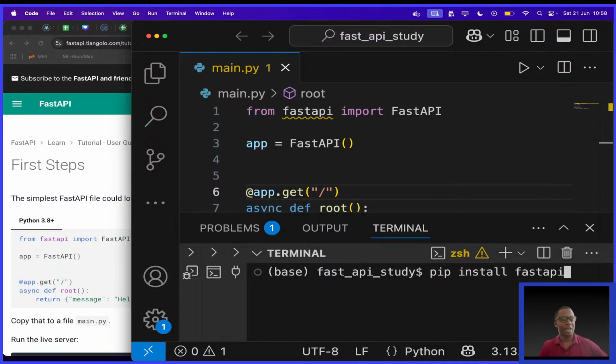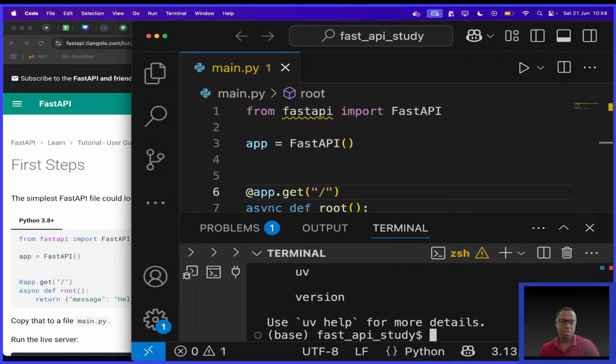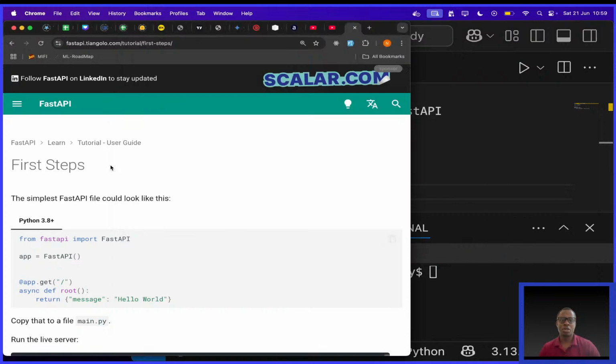Pip install fastapi. Hey, by the way, guys, instead of using pip, there's actually a new popular tool in the Python community for doing these kinds of things. It's called uv. It's the one I want to start using. I think I installed it here. Yeah, it's much faster than pip. Let's go to that website quickly.